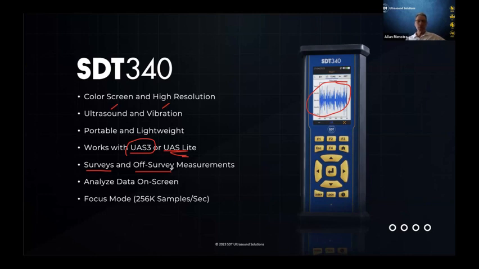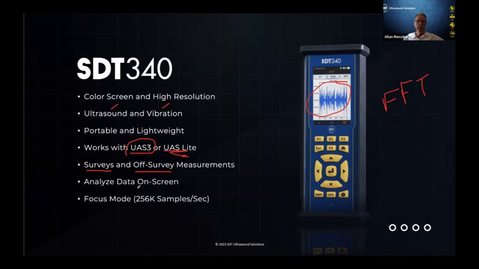The only time I would use it in survey mode would be if I'm going from electrical cabinet to electrical cabinet, and I'm listening inside those cabinets to hear if there's any corona or partial discharge going on inside the switchgear cabinets. And I would set up a route or a database of all of the switchgear cabinets in my facility, and I would log decibel levels. And if I have an alarm triggered, then I'd even take a time waveform or an FFT of what's going on inside that switchgear panel,